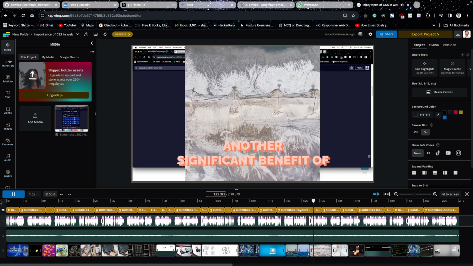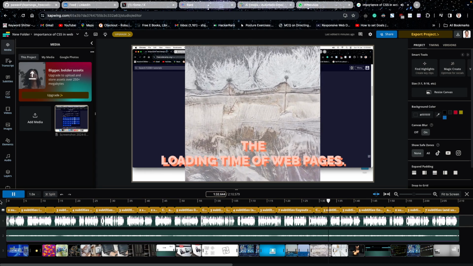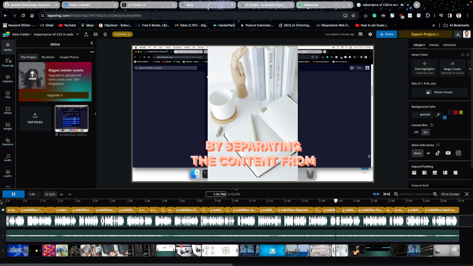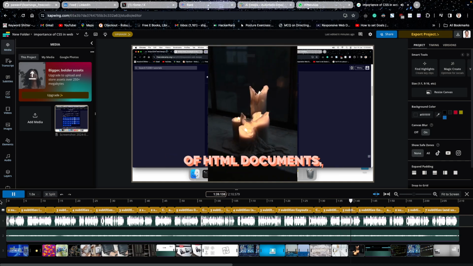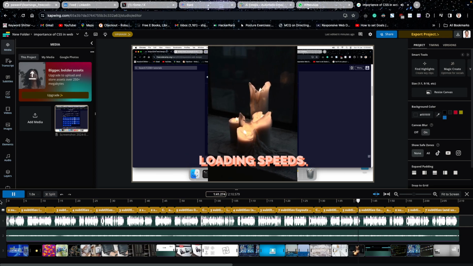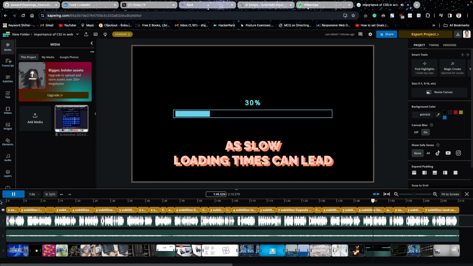Another significant benefit of CSS is its ability to optimize the loading time of web pages. By separating the content from the presentation layer, CSS reduces the file size of HTML documents, resulting in faster loading speeds. This is particularly important as slow loading times can lead to high bounce rates and deter users from visiting